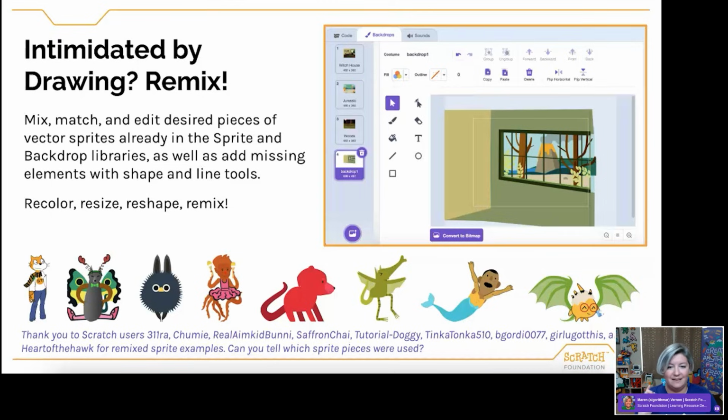One thing that I always have fun doing is I had a little remix tree going at one point with some Scratchers where I said, here's a sprite that I've cobbled together from parts of other sprites. Can you figure out what sprites I used? And then what kind of remixed sprite could you create? And so I've shared a few of them here because it's a really fun and goofy way of being able to explore the tools, including for those who may not feel comfortable drawing from a blank page, right? That can be a little intimidating.